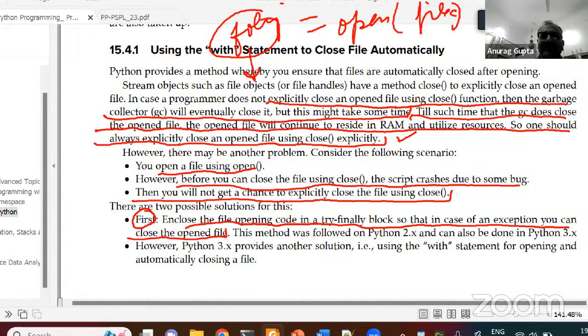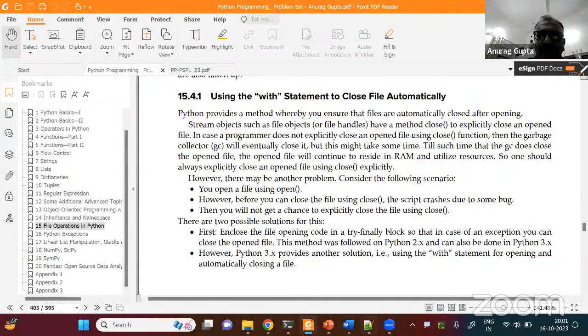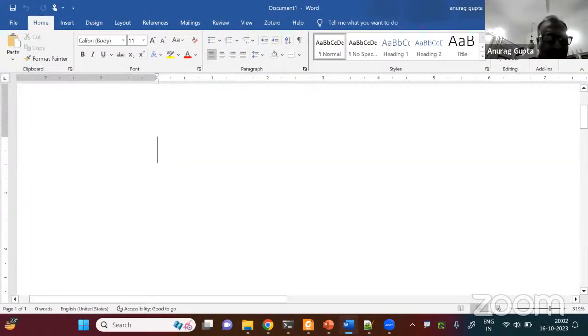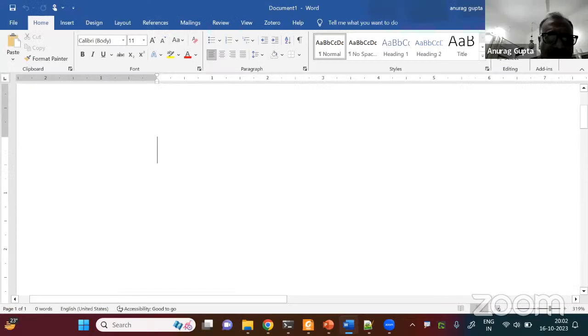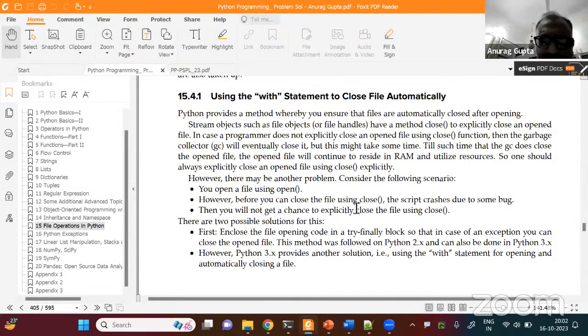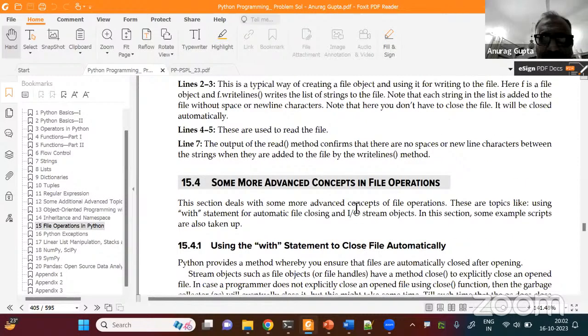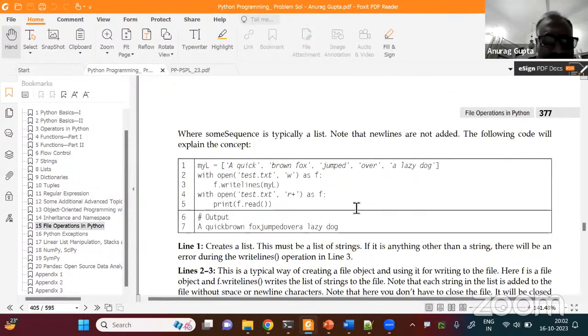This is something you need to understand. I'll explain this to you. If you remember, we had talked about try except finally. Let me show you in the book. It will take a second, but it is worth it. I'm on page number 3077.